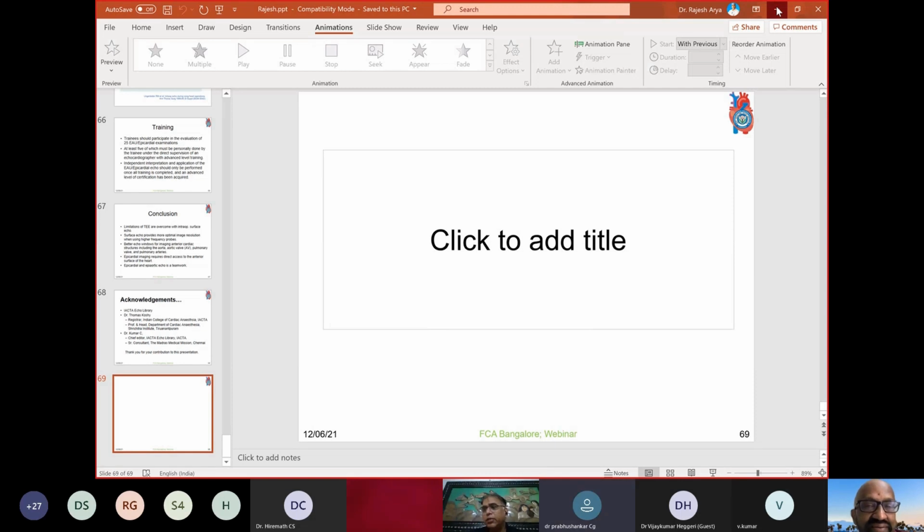Got it. As I mentioned somewhere in the slides, there should be a standoff of around 1 centimeter away from the structure if you are visualizing it, because that gives the distance required to see the wall, especially. That much distance is required for the ultrasound beam to go and come back and give the image to you. If it is too close, like in transesophageal echo, we have a problem in visualizing the coronary sinus because that's absolutely close. So we retroflex the TEE probe so that the gap between the ultrasound transducer and the coronary sinus increases. Same way, some way or the other, you have to create at least 1 centimeter gap between the anterior wall of the aorta and the probe to get a good view.